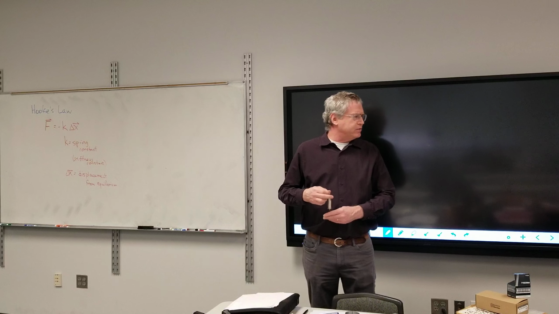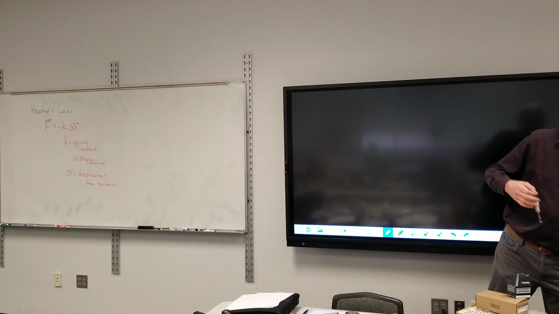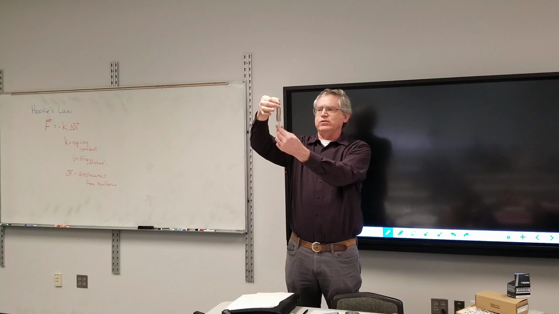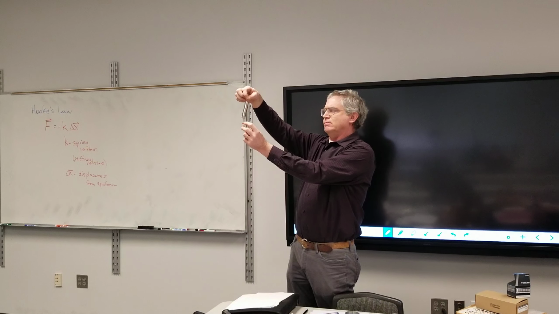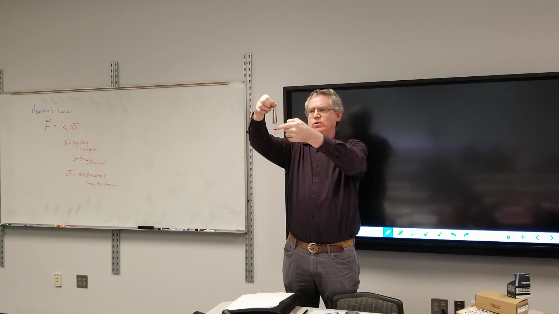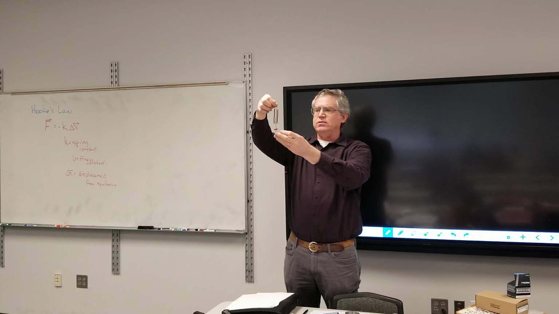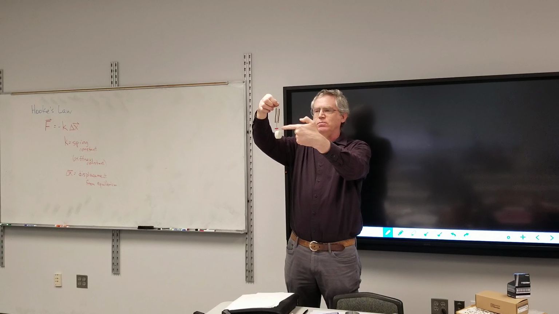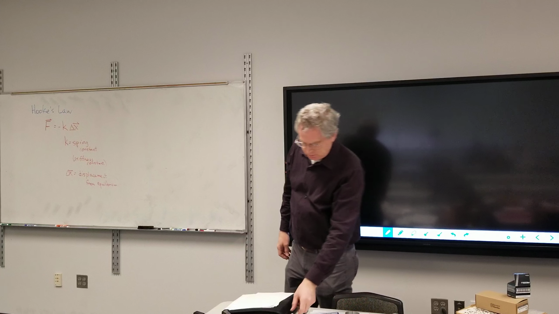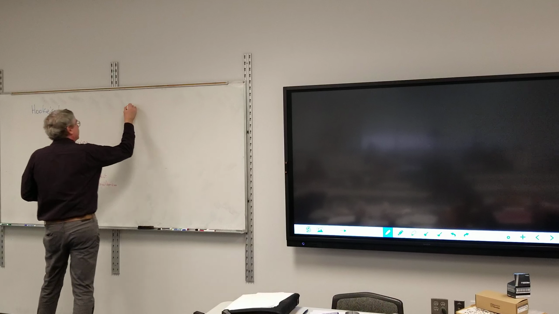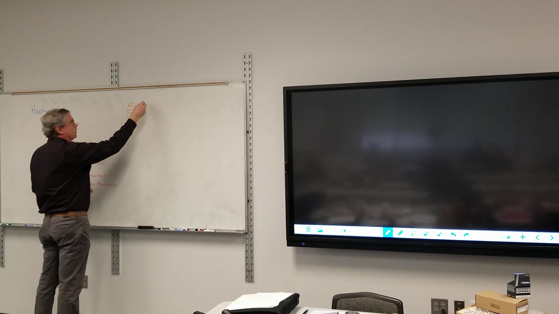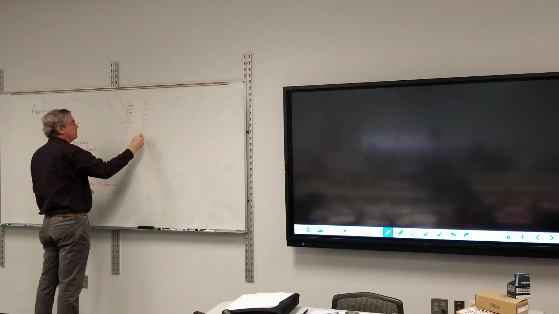So I can find the spring constant if I know a particular mass. I have a coil right here, and this little red marker, I can put a meter stick next to it. This red marker can tell me exactly where that is. I can apply a mass to it, and this marker will move to a new spot. So if I take a coil and it just hangs there, and then I add a mass to it,